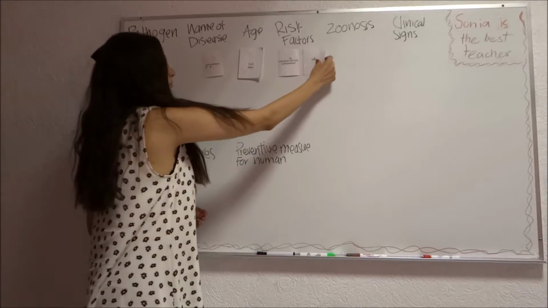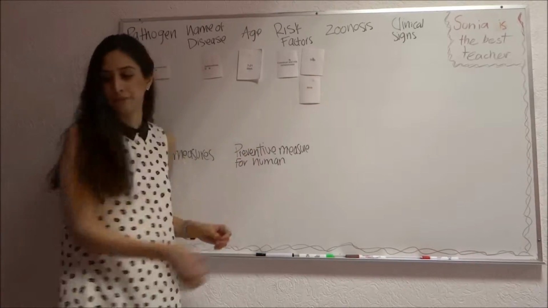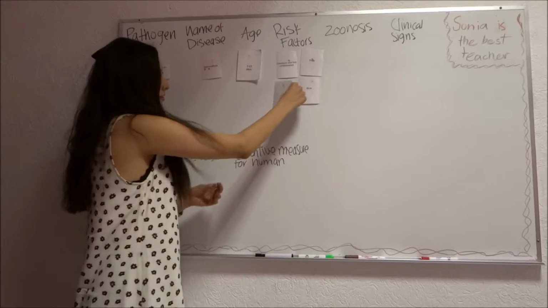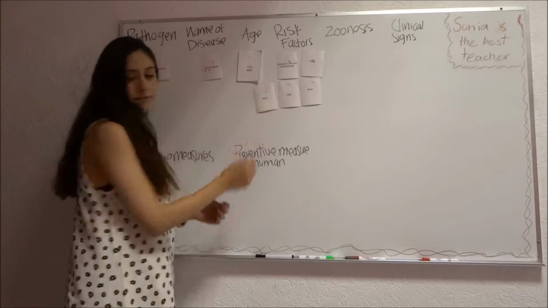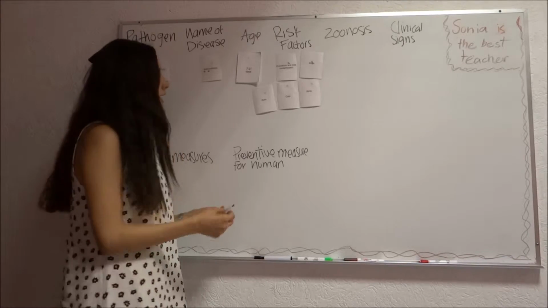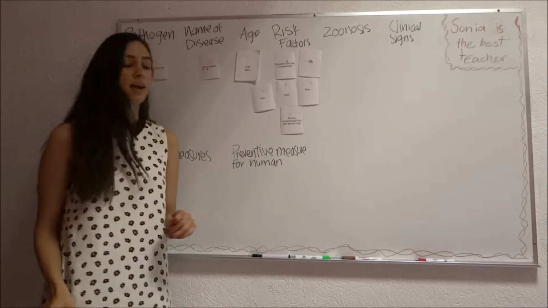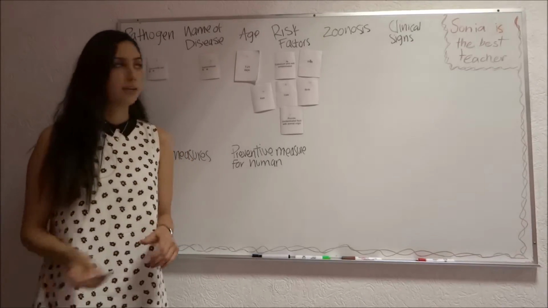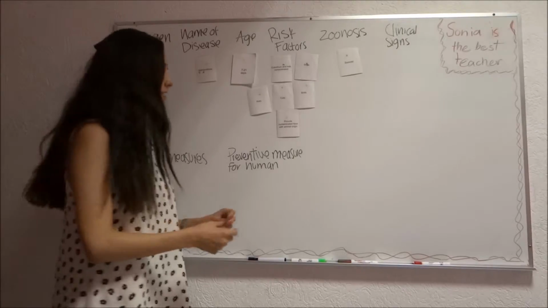the presence of animals like dogs, birds, cats, rats, and providing contaminated food of animal origin. This is a zoonotic disease, and the clinical signs are diarrhea,